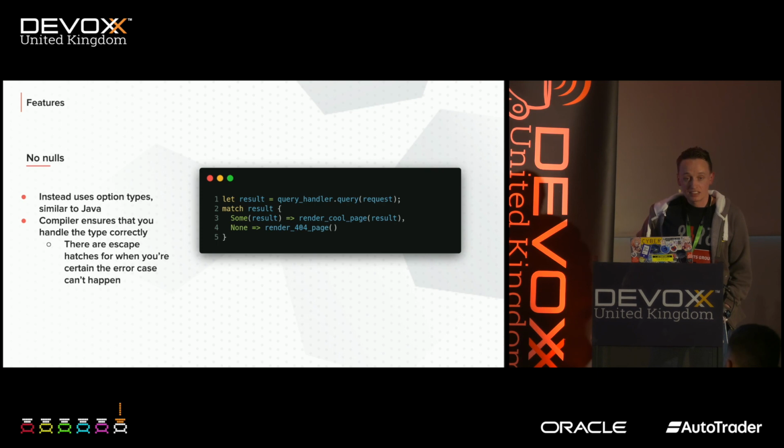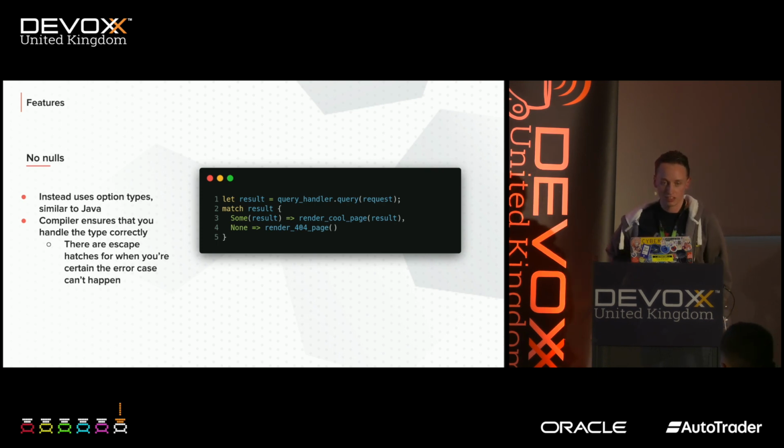Talking of safety and robustness, you have no nulls whatsoever in Rust. The billion-dollar mistake, as it's often called. Nulls cause all sorts of trouble. Every time you have any variable passed to you, you can't actually trust it, right? You can't take it for what it is. You have to say, it could be an integer, or it could actually just be a null. And you have to add all sorts of extra verification on top.